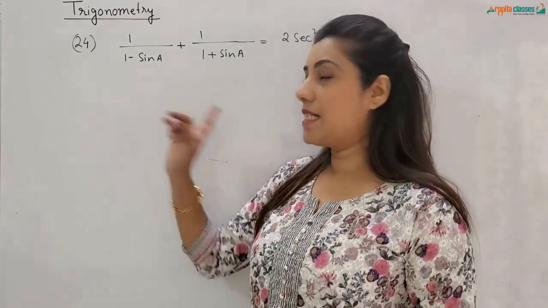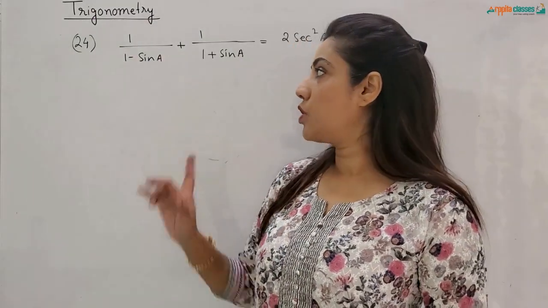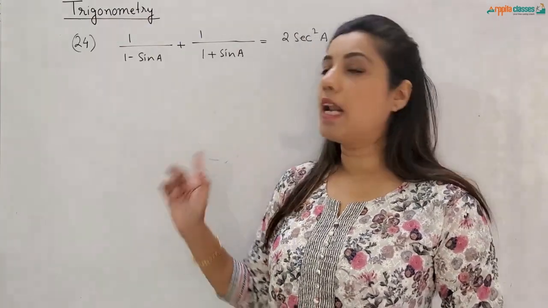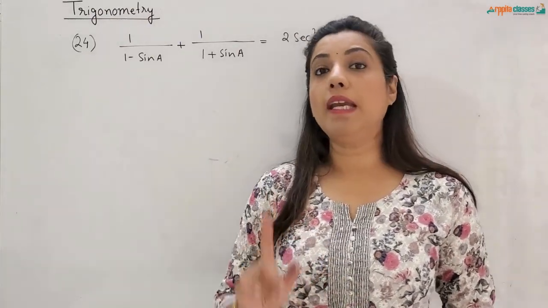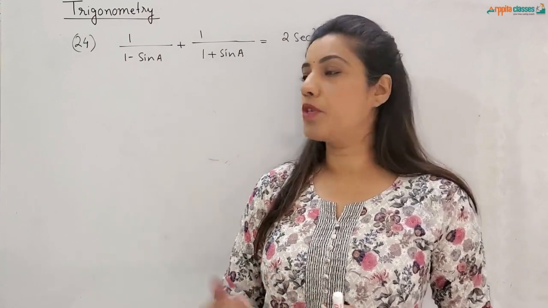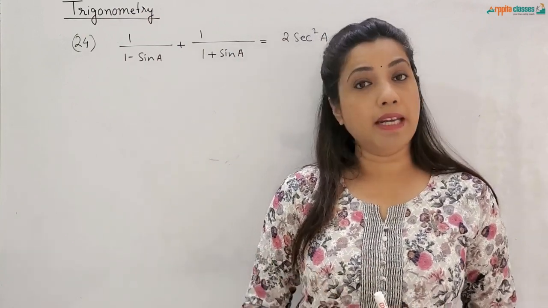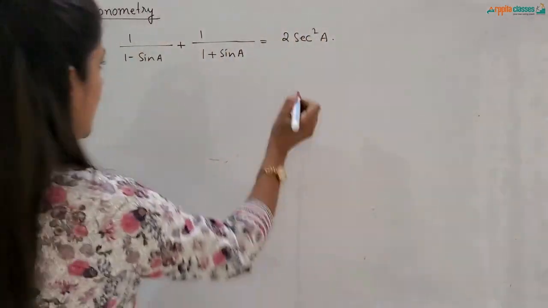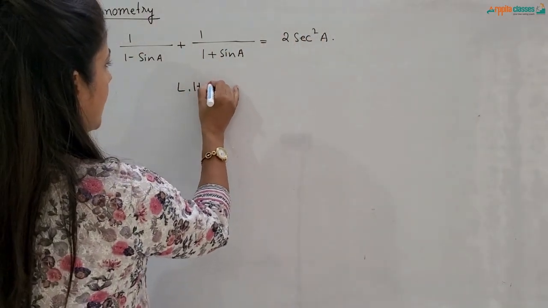We have reached the last sum of this exercise, that is 21A. Since we are doing the sums from Serena publication, this is the last sum from exercise 21A. In the next video, we are going to come with more sums like this. That is, we are going to start with the next exercise 21B. So let us see this. This is the last sum for today. It is just like the previous sum.